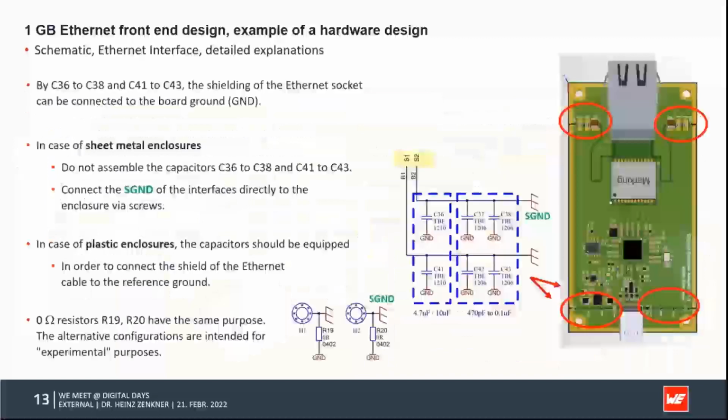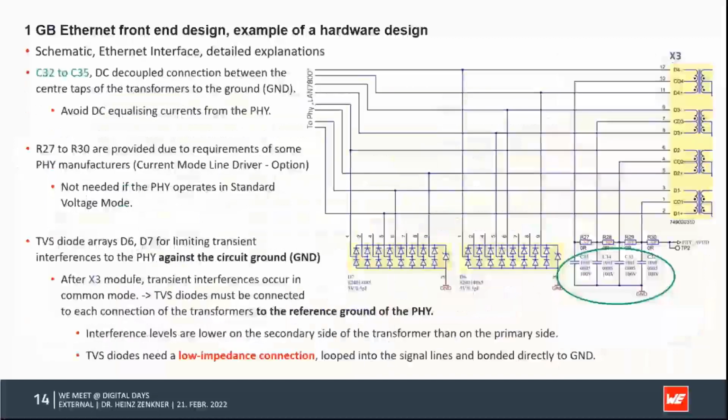So it is necessary to implement on each channel symmetric